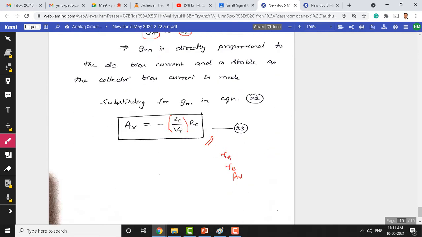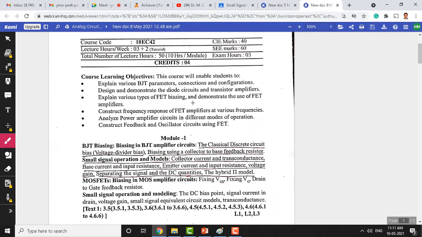This shows that voltage gain depends on the DC collector current. The stability we maintain for collector current shows that the amplifier is a very good or excellent amplifier. Though there are several parameters that change IC, irrespective of that, if a circuit is stable, then IC will be stable, so you get a stable voltage gain. So that was what we covered in the last class, and let me move on to today's class topic.